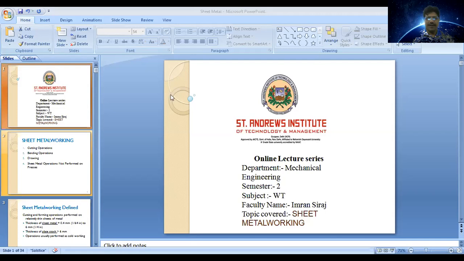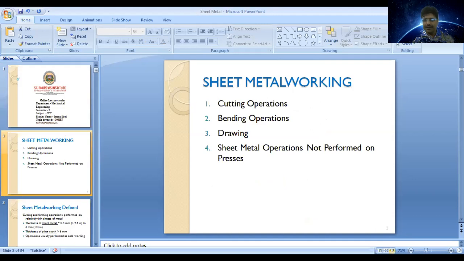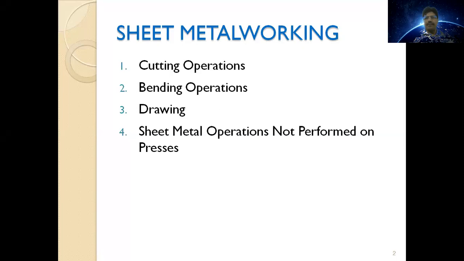Coming to sheet metal, what is a sheet? A sheet is basically a piece of metal that has high length and width as compared to thickness. These sheets are used for all types of accessories at commercial as well as domestic level. For example, boxes, almirahs, machine covers, AC covers, and fridges are all covered with sheet metals.